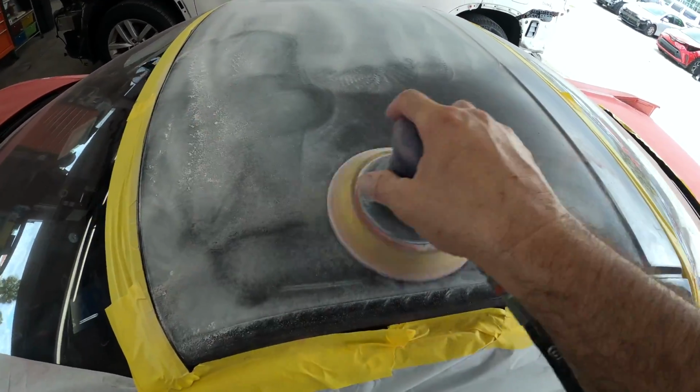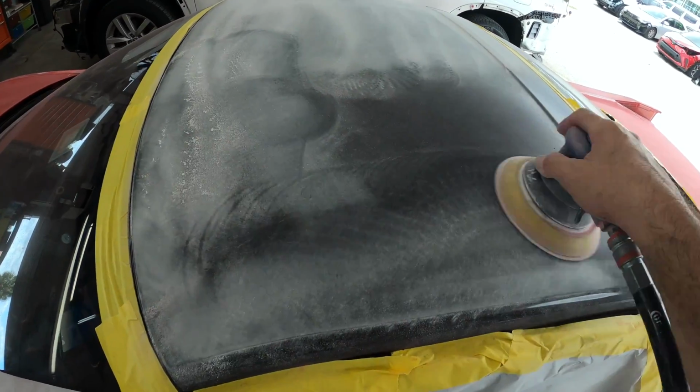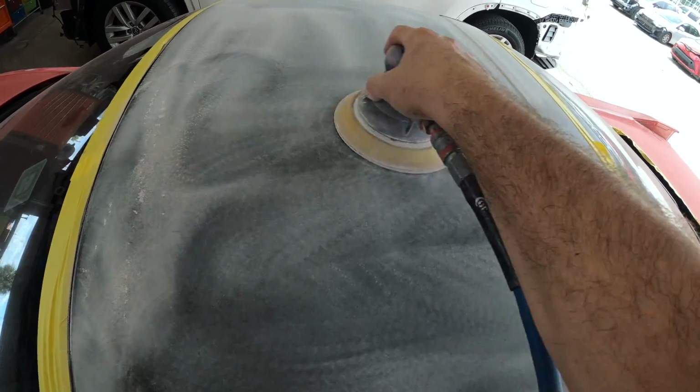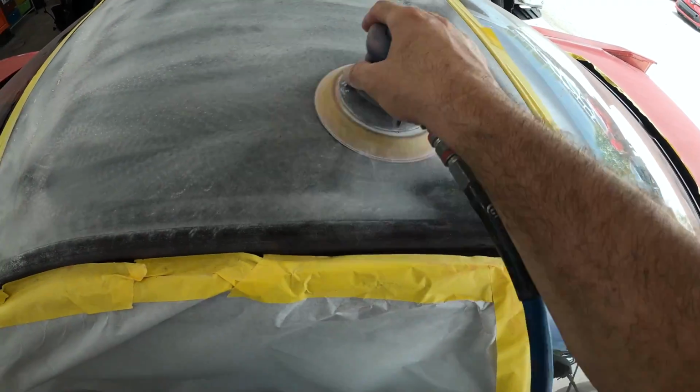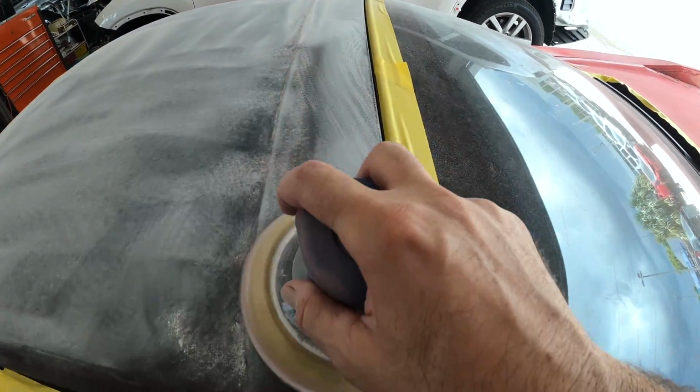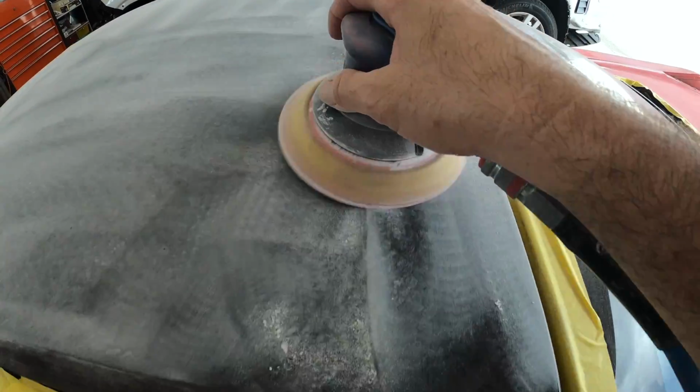All right, he said he used 320 to 400 here. I might have used a little bit more aggressive, just because that's the way I am. I want to make sure it's smoother, but I trust what Pedro did here. He used a 320, and the reason why is his primer is going to be much smoother when he goes